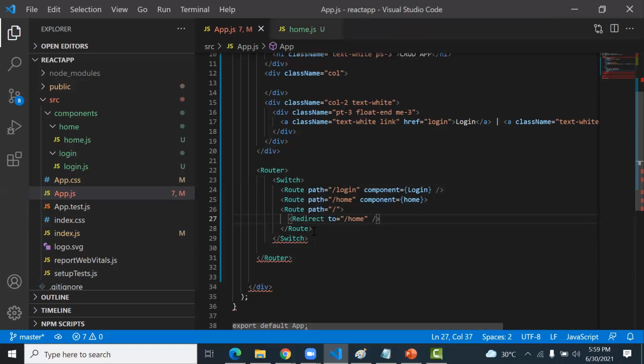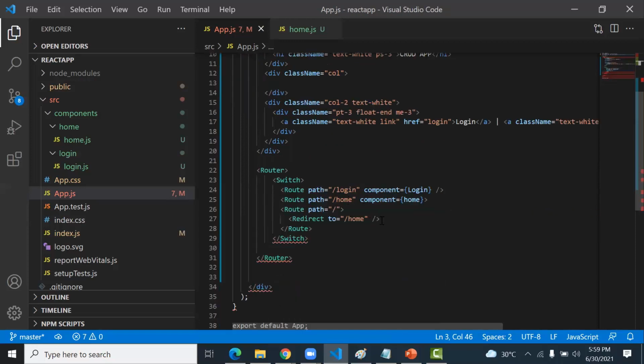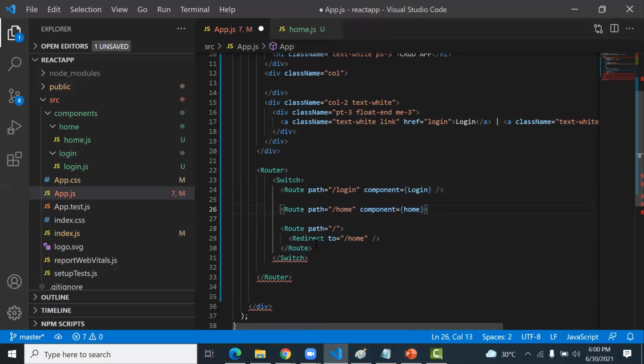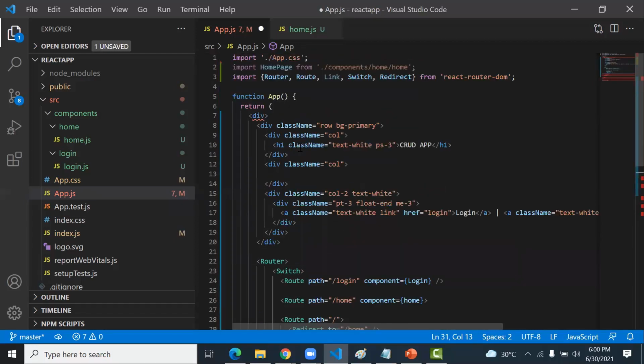This Redirect also you must import from React Router DOM. And remember, the route which is root, always write it at the last. So what it is saying, Router is imported. Actually, it is BrowserRouter as Router, like this.